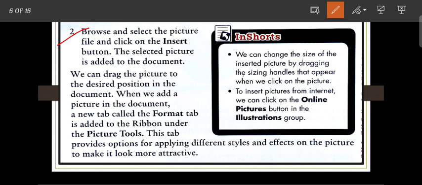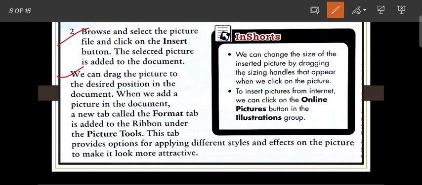The selected picture is added to your document, and we can drag the picture to a desired position in the document. When we add a picture in the document, a new tab called the Format tab is added.